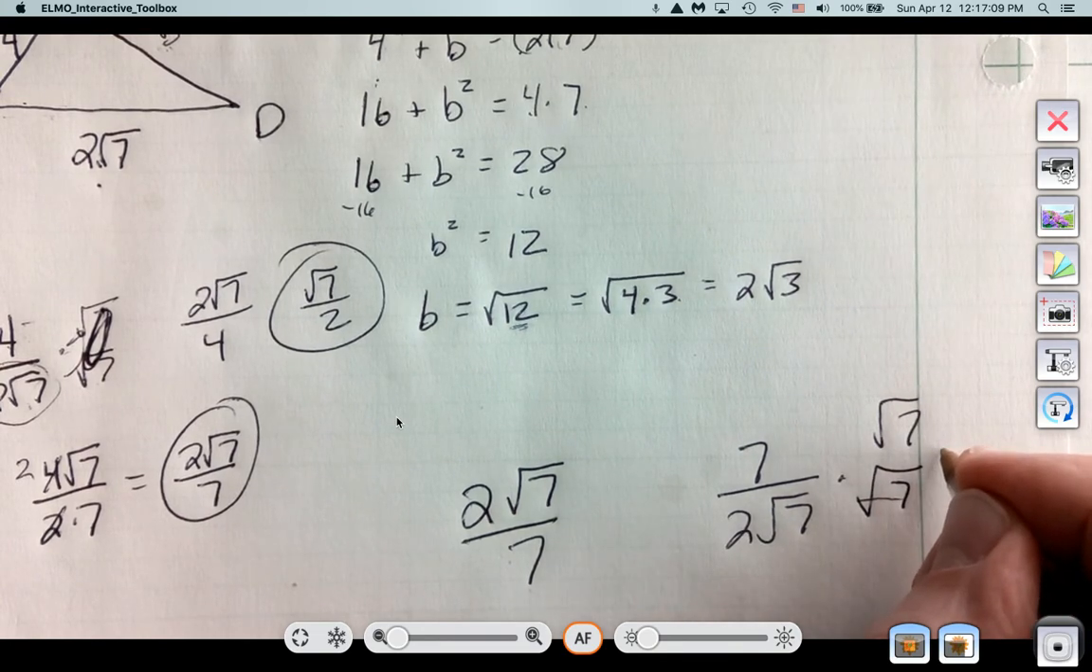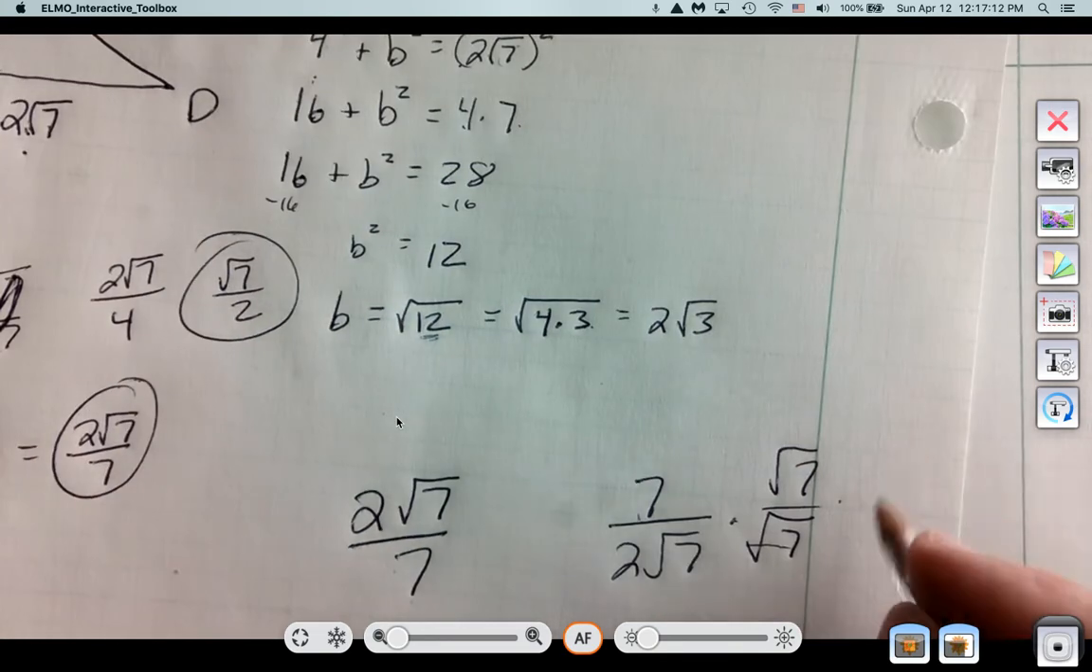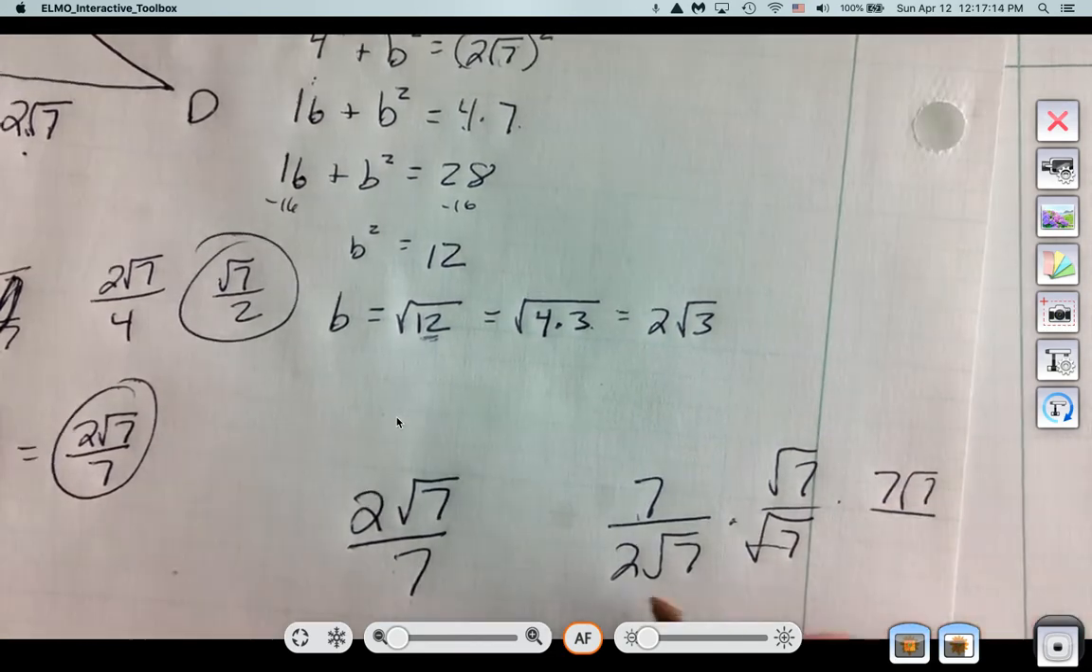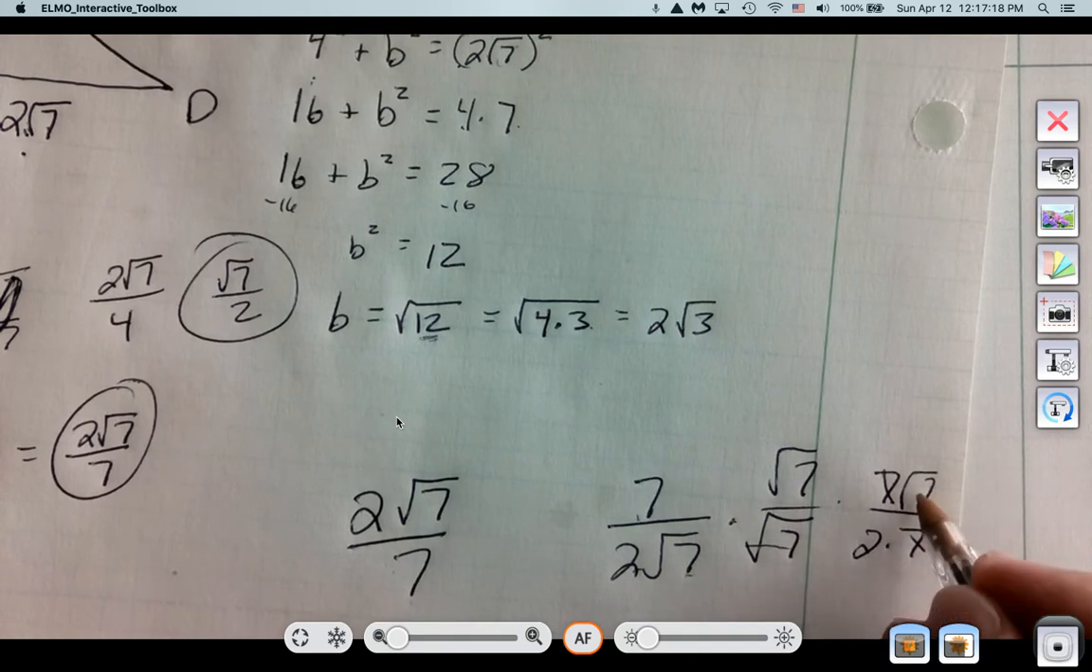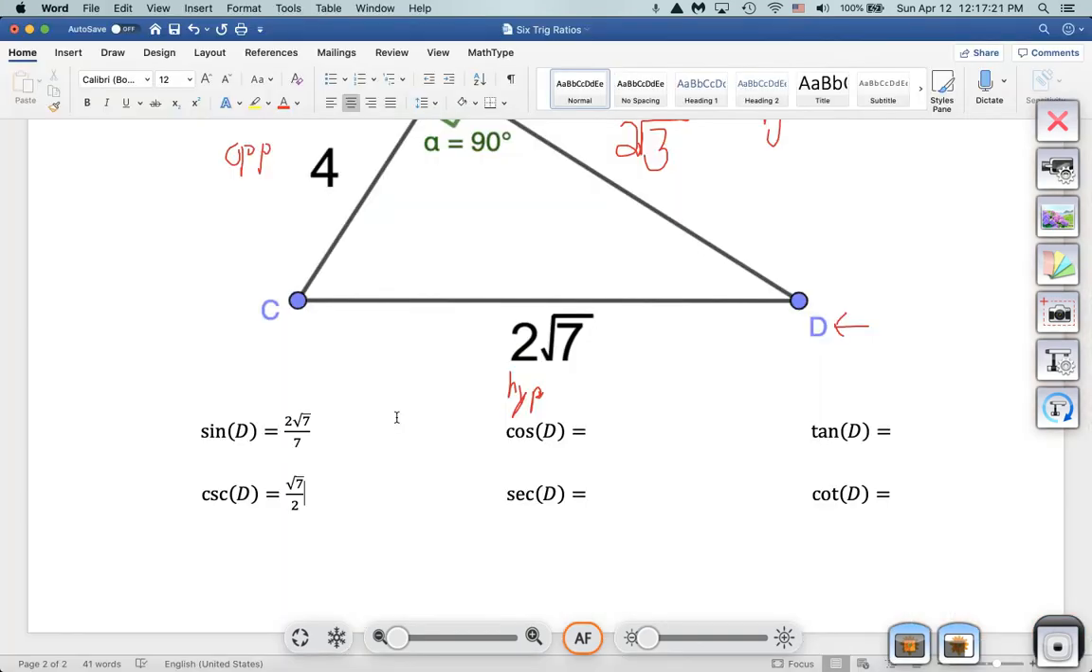Again, I'm rationalizing the denominator. That's going to be 7 square roots of 7 over 2 times 7. But the 7's cancel, and I get the square root of 7 over 2, which is what I had, square root of 7 over 2. So the cosine